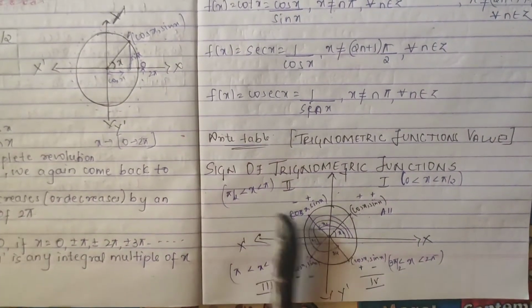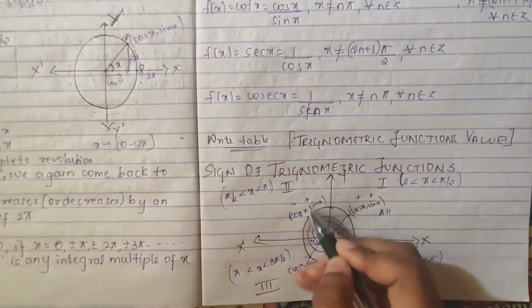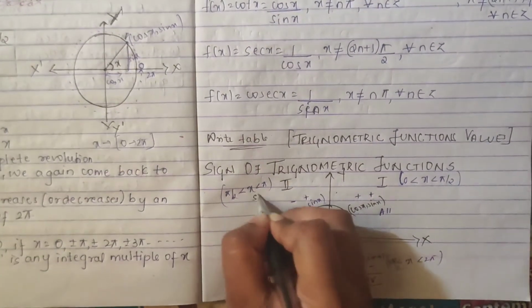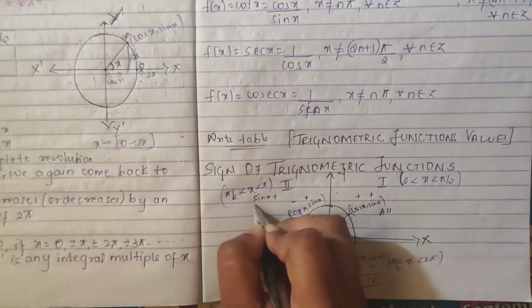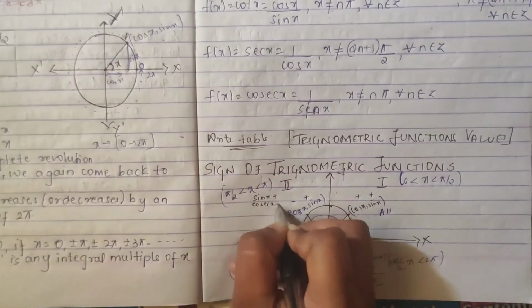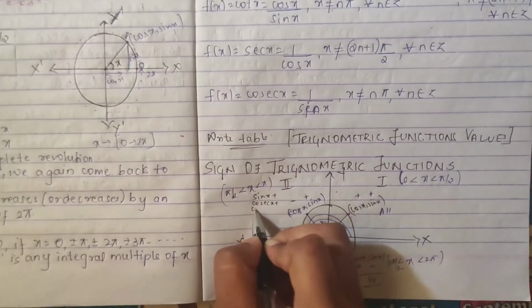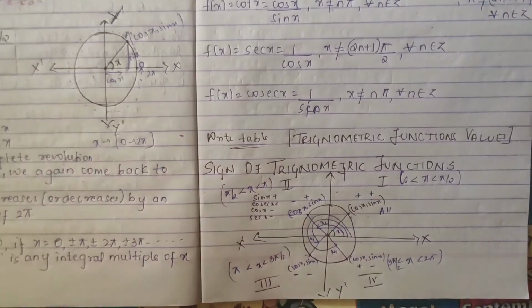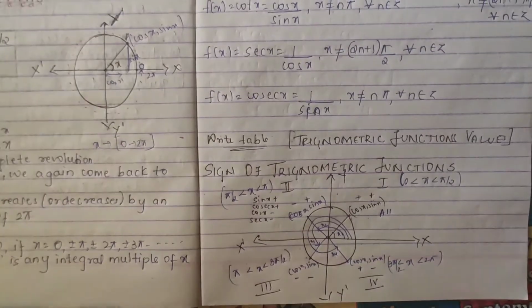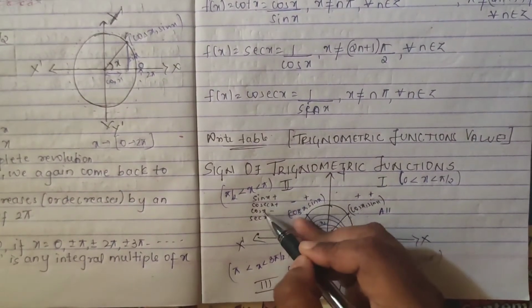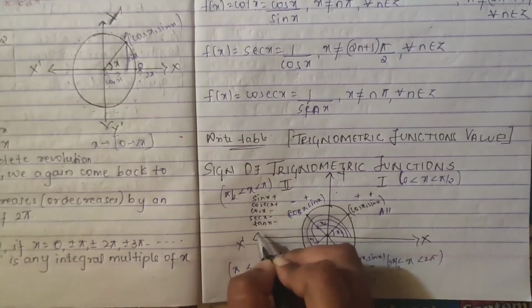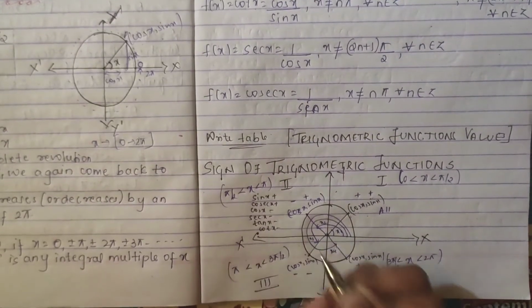In your second quadrant, you see your sin x is positive, your cos x is negative. So sin x is positive means reciprocal of sin x is what? Cosec x, that is also positive. Your cos x is negative, so the reciprocal of cos, that is sec x, is negative. Now remains tan and cot. Tan is what? Sin by cos. So plus by minus will be minus only, so tan also will be negative. Reciprocal of tan, cot also will be negative.